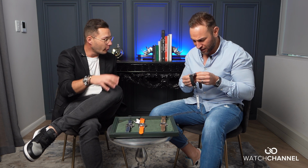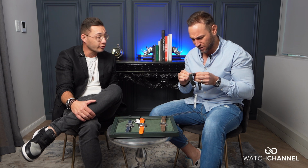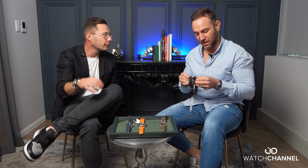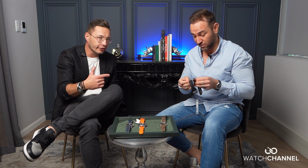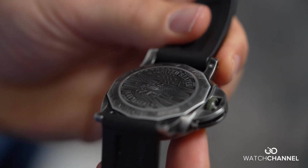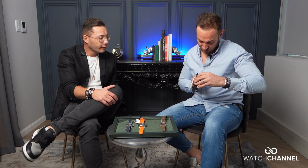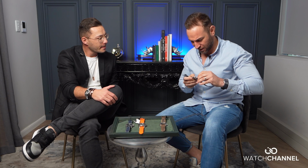That's got that almost like ombre. It's like almost a bit grainy to an extent. Correct, yeah. So they've done a matte ombre dial. Spectacular. And then insignias on the back as well, which is unbelievable. There's the home units to United States Navy SEALs. There we go. And another funny number, limited to these